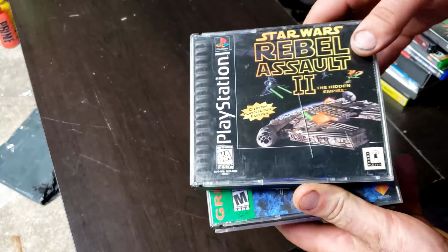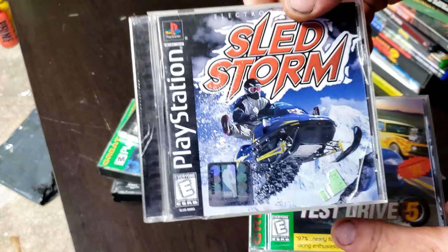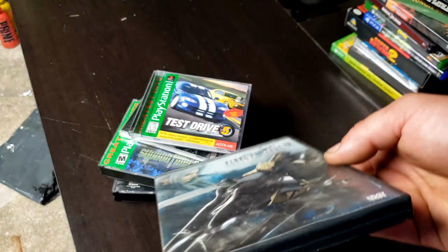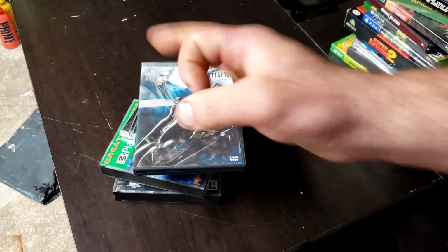Anyway, we have Star Wars Rebel Assault 2, Siphon Filter 2, Road Rash Jailbreak, classic iconic Slipstream. I mean, the soundtrack alone is worth getting that. Test Drive 5, which I did not have. No, I have Test Drive 6. Final Fantasy 7 Advent Children, the movie. Actually seen it, it's actually a pretty good movie, and for the time, the CGI on this movie is